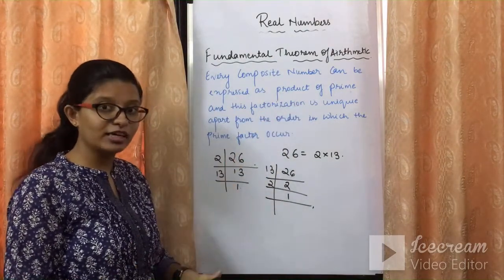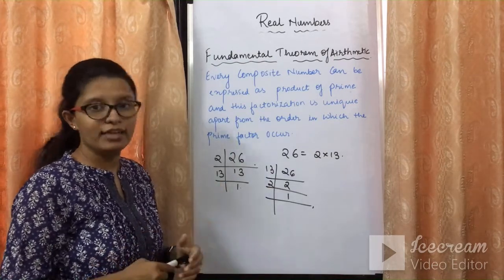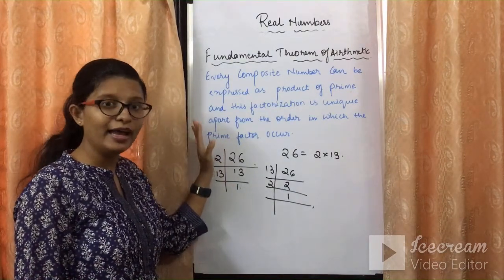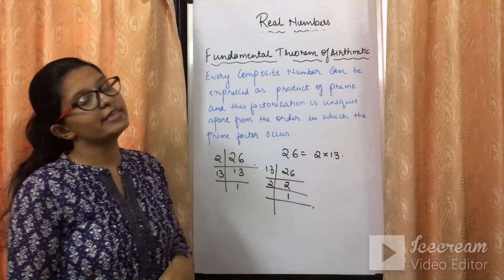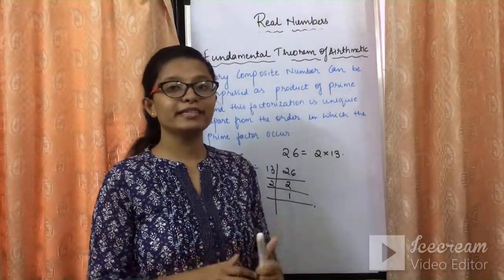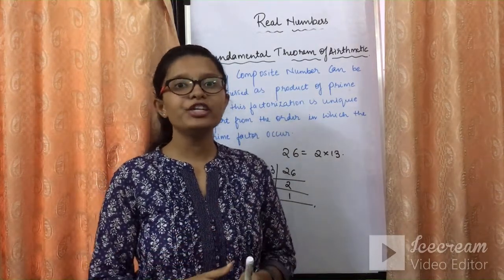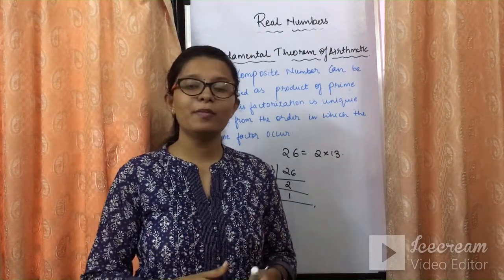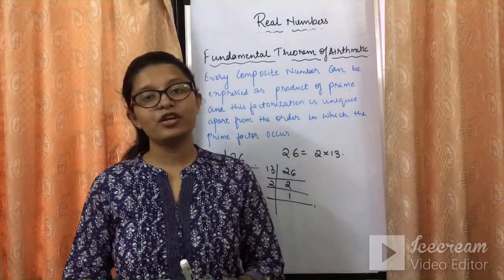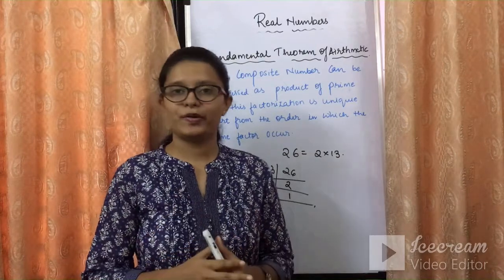I hope the concept behind the factorization is clear, where it is used to calculate the HCF and LCM, and how the theorem is designed and how we can solve different sorts of sums for it. I hope you have learned all the basic terminologies for the factorization theorem. We will end the video here, and in the next video we will see what we mean by rational numbers and irrational numbers, what are terminating and non-terminating numbers, and even the proofs for irrational numbers.